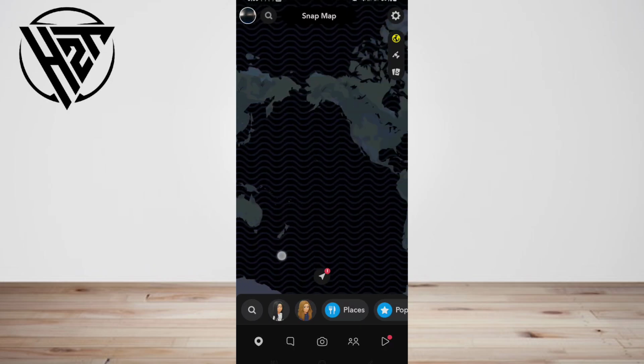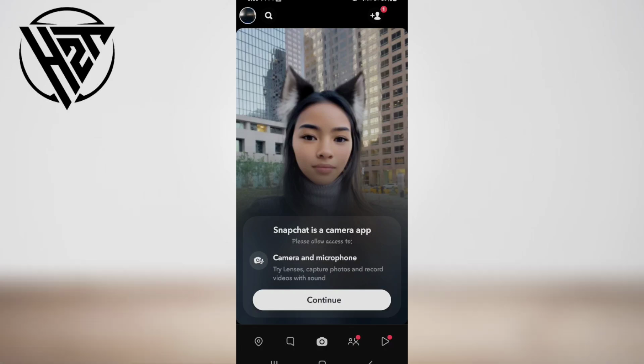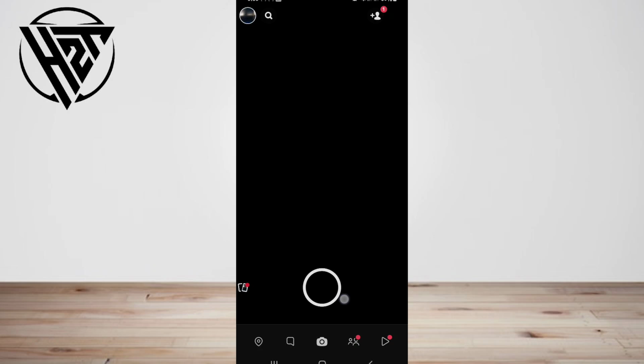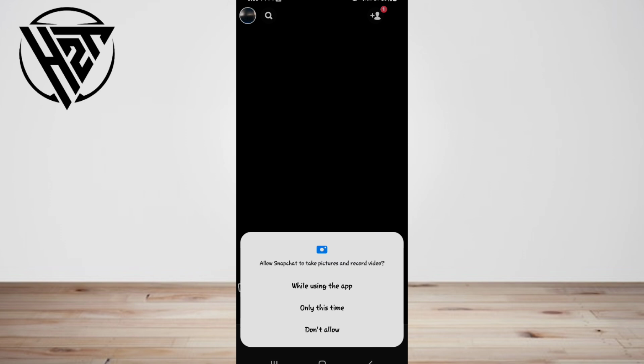Make sure you update the Snapchat app to the latest version available on Play Store and App Store, in case the option isn't showing up for you. In case you do not see the change username option even after updating Snapchat, you could try force closing the app and clearing the cache.